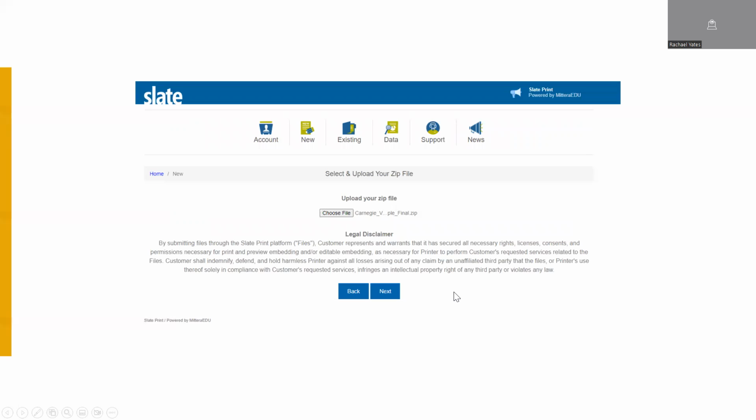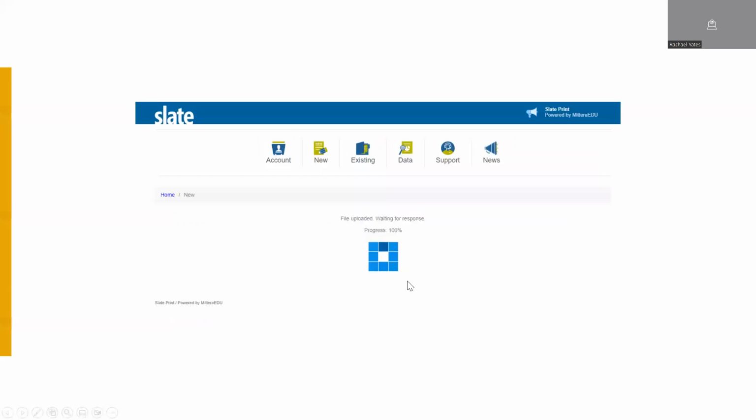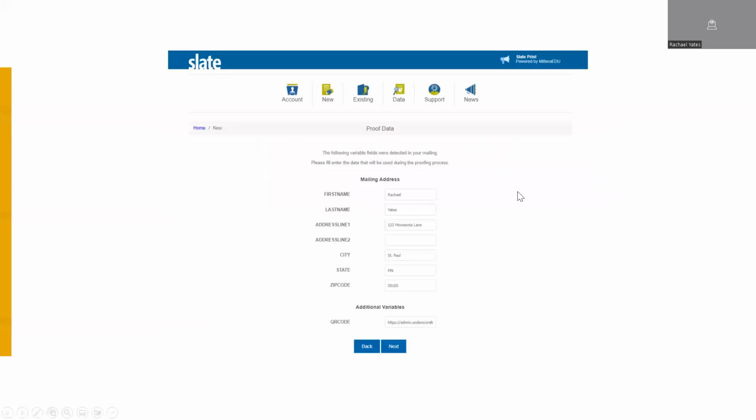And now we're going to need that file with the actual postcard creative file on it. So choosing file, you'll upload it from your computer. And then once it's uploaded, it will appear like this. Clicking Next will start the proofing process. And you should have something that looks like this showing the progress for it before getting to a screen that